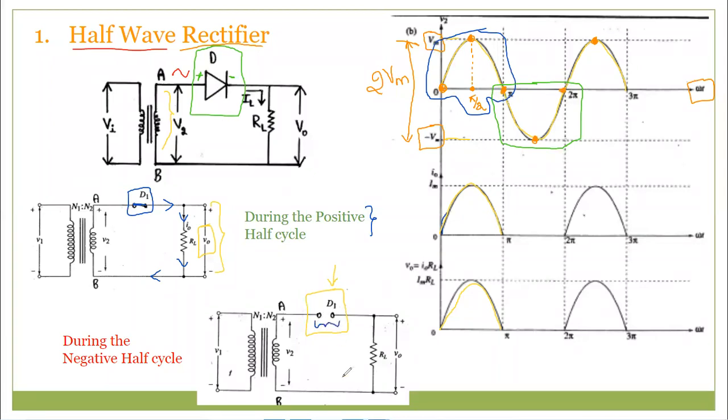If the diode won't conduct, what happens? Here there is no connection. So the current will come up to this point, and after that it won't flow to the load. If no current is coming to the load, we will get zero voltage or zero current. During this negative half cycle of the power supply there is no current. This is the waveform with respect to current, represented with zero current. Similarly, there is no voltage.